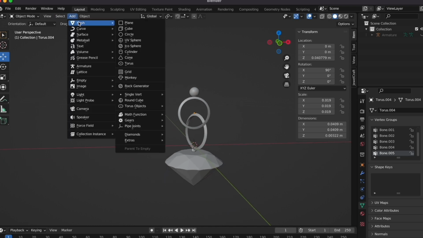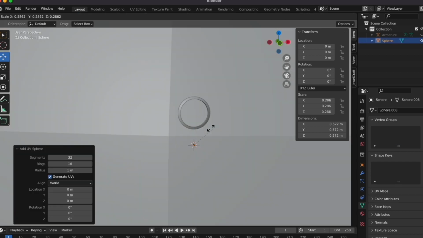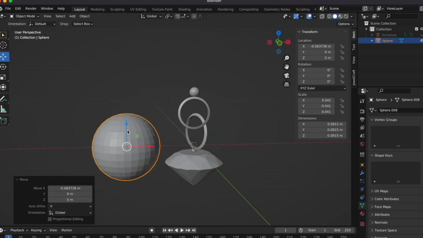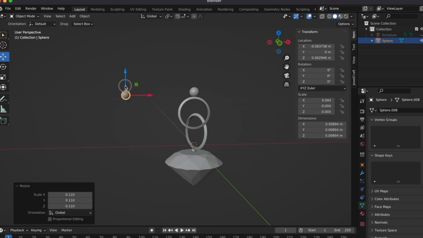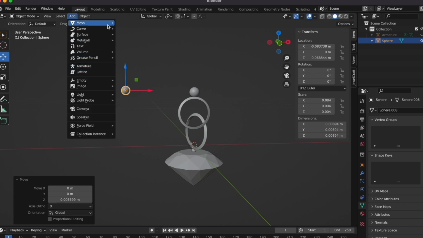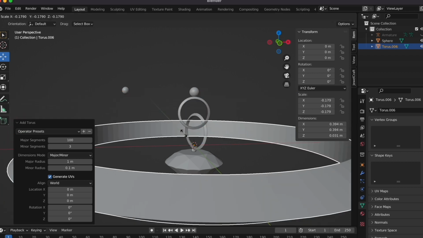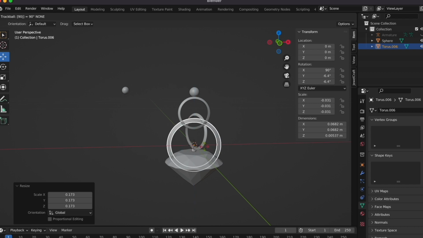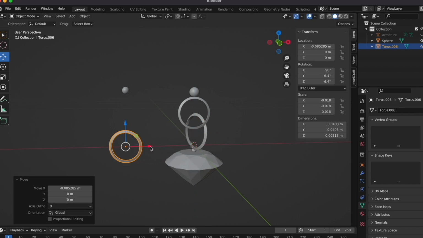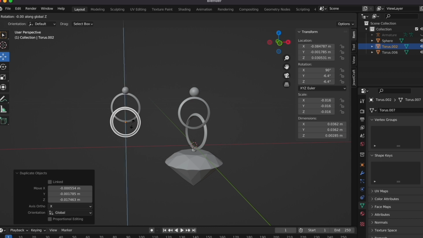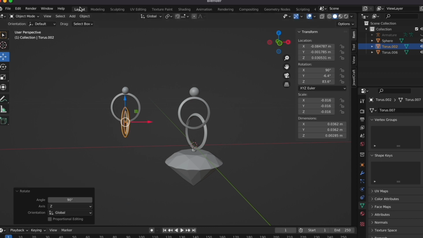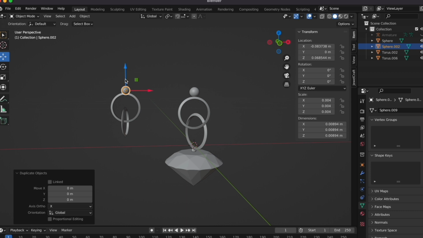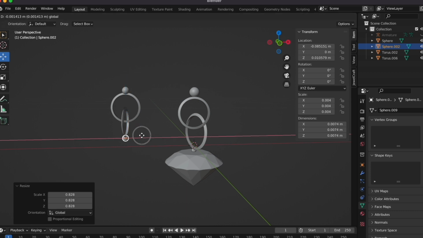The way I set this up is by adding a sphere and then making it really small so that it could be the top part of the object. And then I added in a torus, going to mesh, going to torus, and these are the settings on the side of the torus, and then I rotated it on the Z-axis, and then I positioned it underneath that object, and then I duplicated it and rotated it, and then underneath that I added another sphere, except just a little bit smaller,